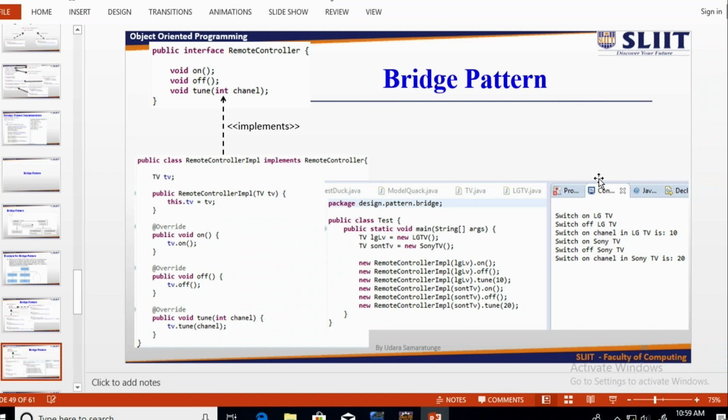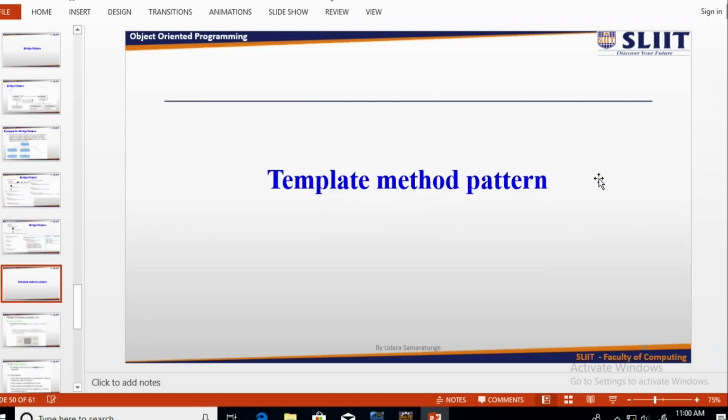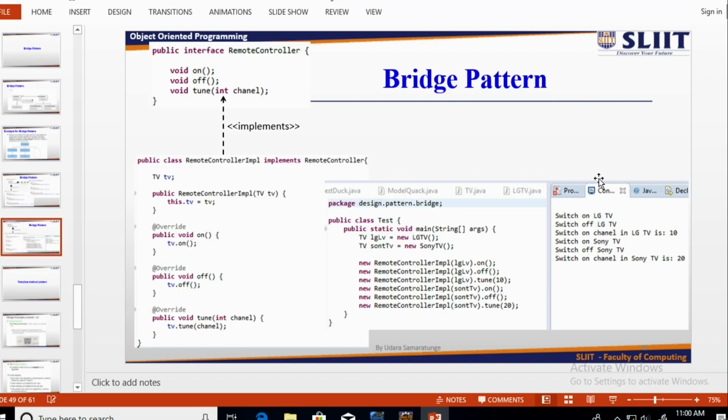Keep in mind, this is a structural pattern, right? So it just varies the structure based on the algorithm that you are going to implement, right? And the invoker in the remote controller, or whoever the caller is, is going to distinguish it based on the incoming object that comes over there, right? Okay, that's all.